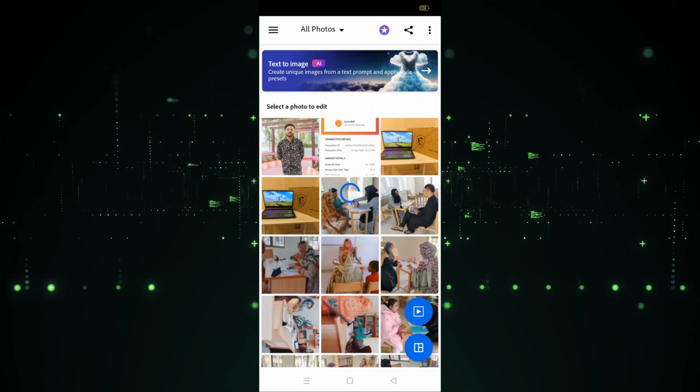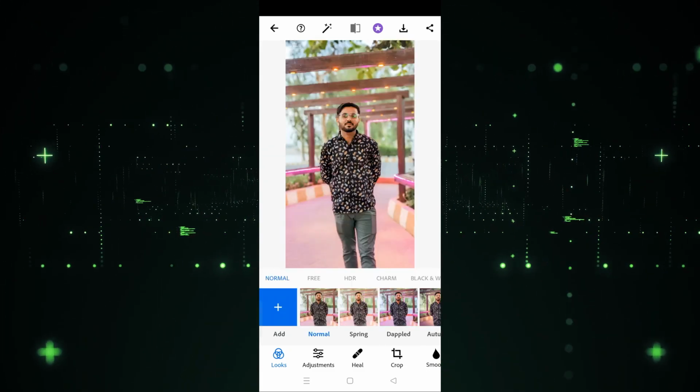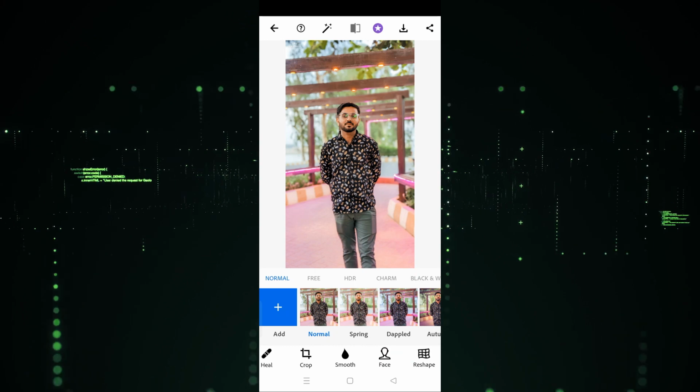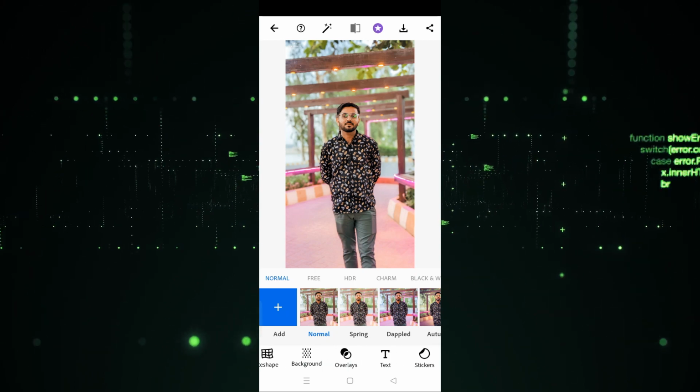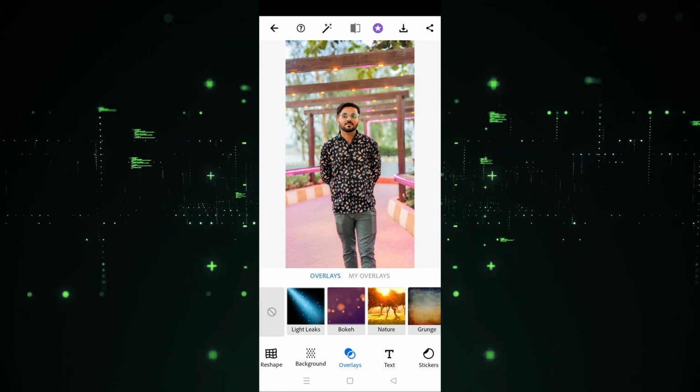use. For example, I'm going to click on this, and after clicking on this, as you can see, we have to scroll this, and after clicking on this, as you can see, the picture is open. Now simply we have to scroll this, and after scrolling this, as you can see, it has the option for the overlay. So we have to click on the overlay, and after clicking on the overlay, as you can see,